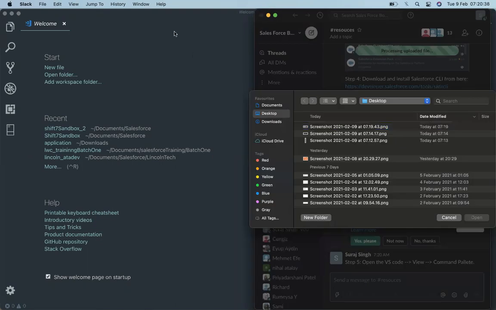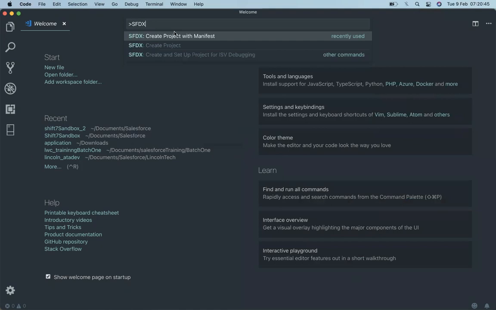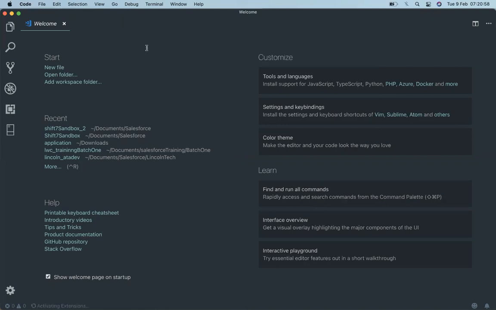So once you have done that, now you have to type SFDX create project with manifest. Whenever you type this, these commands will automatically pop up, and there are a few more commands. But here you have to select create project with manifest. Once you select it, it will ask for three options. You have to choose standard, and here you have to type your project name. So let's type the project name, training